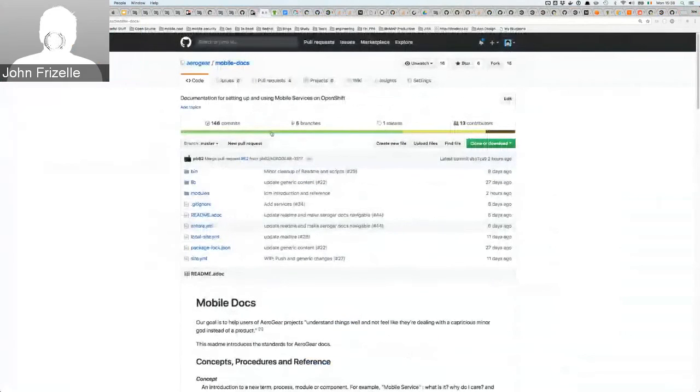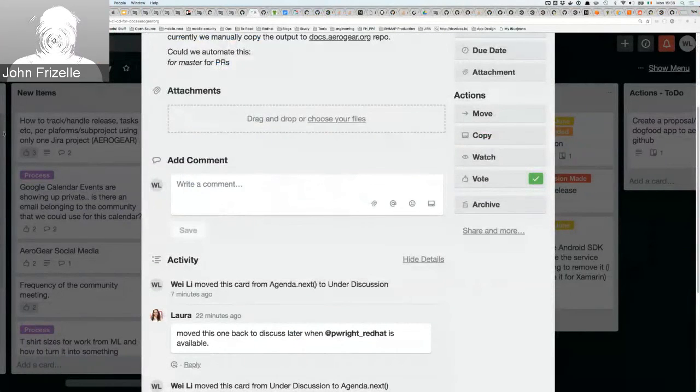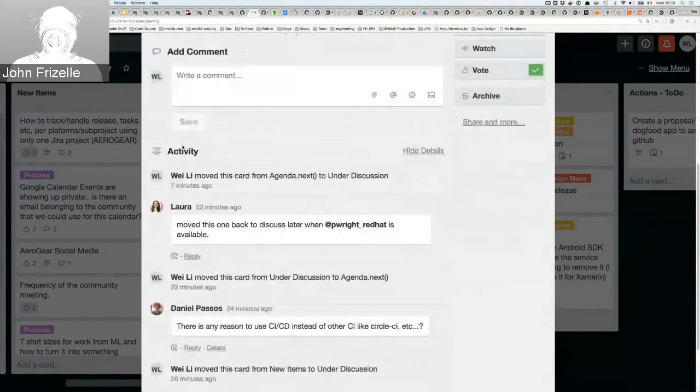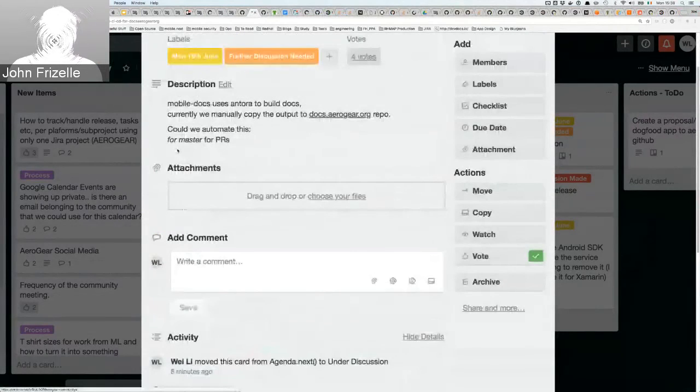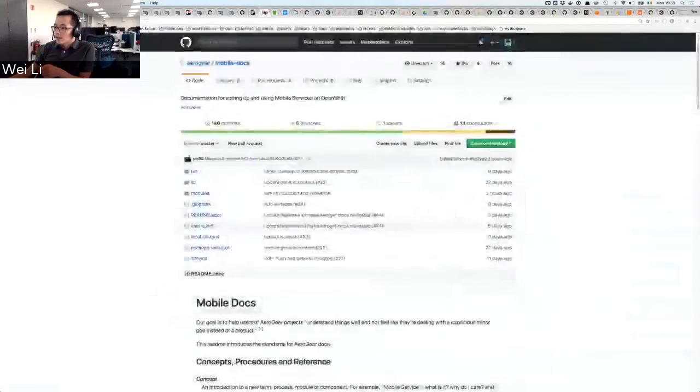I guess the question is whether the juice is worth the squeeze. If it takes 5 minutes to do and we're doing it once a day, then if it took an hour to automate, that would be 20 days of manually doing it. If it took 4 hours to automate, that'd be 80 days of manual docs deployments before you'd see a return on your investment. So is it worth it? Yeah, I guess that's the question.